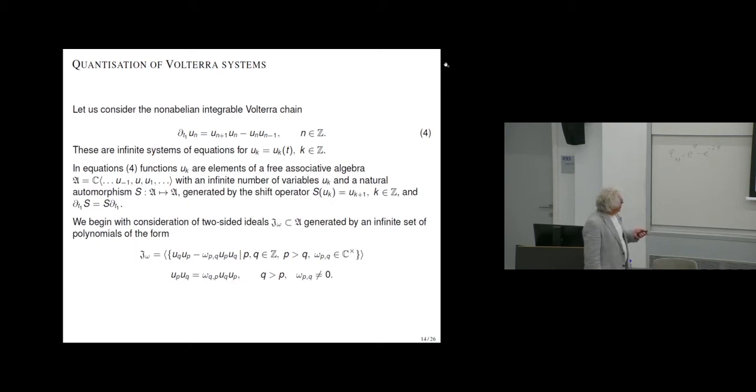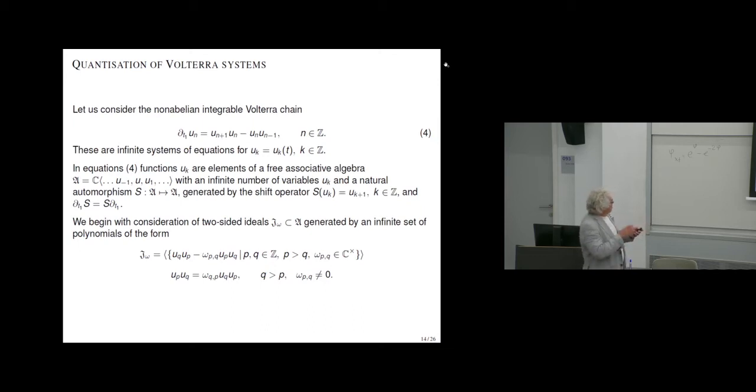Anyway, so let's consider first a very simple idea. Infinitely many constants. When we swap two elements, we swap only if the index difference is bigger than 2. We multiply by a constant which is non-zero. That is the commutation relation. This ideal already satisfies our property, we can order it.